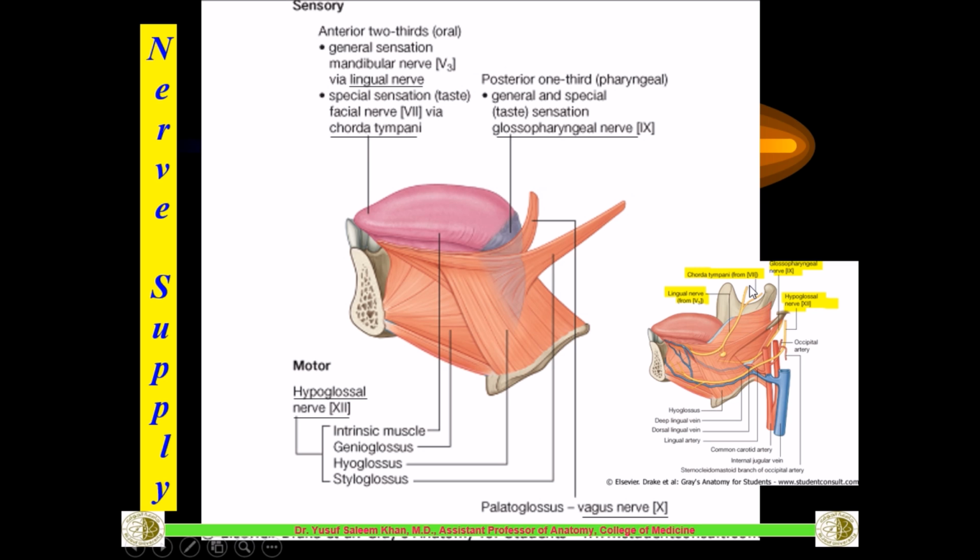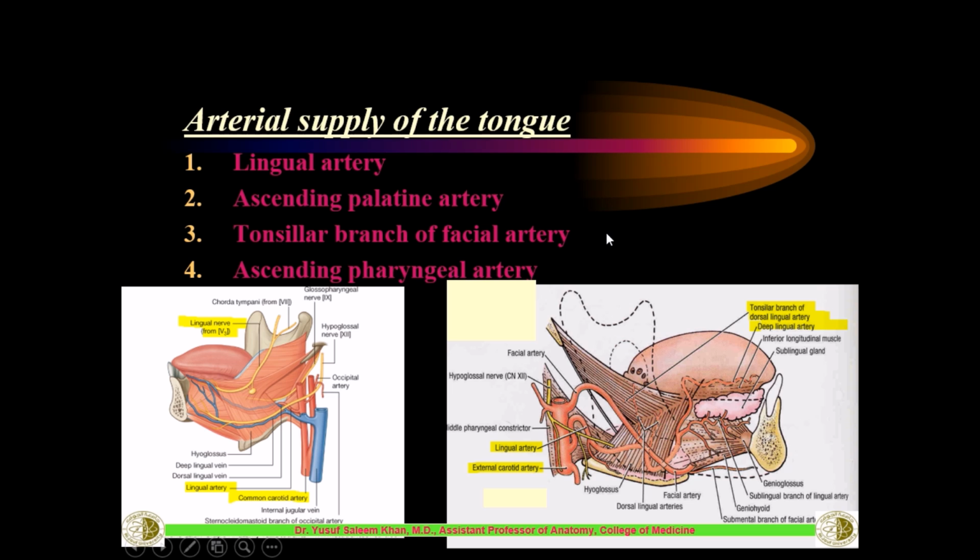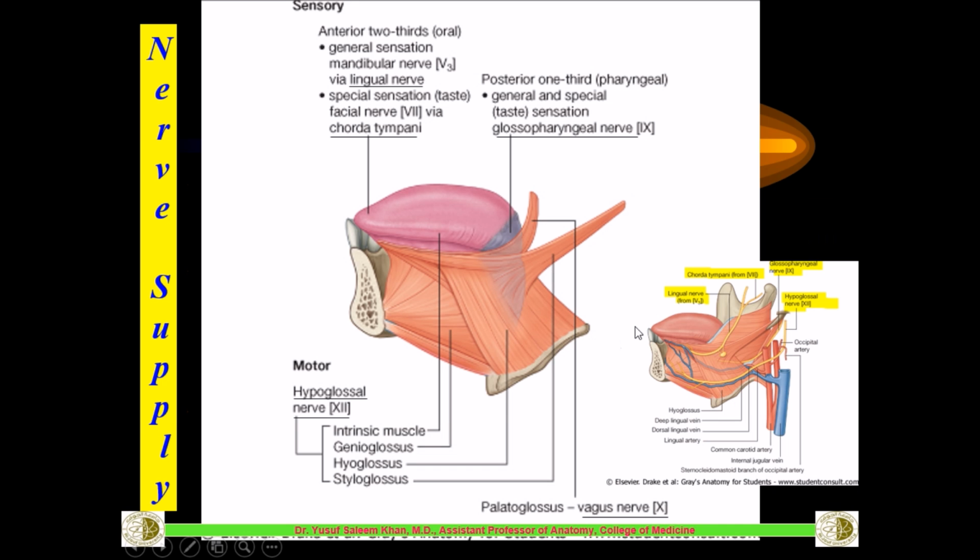If you can see here in this picture, you can see the lingual nerve. Also in the previous pictures we could see this is the lingual nerve here. So this whole thing is the lingual nerve, the same lingual nerve here, which will be mainly sensing the general sensations. So the general sensation is by the mandibular nerve through the lingual nerve, and the special sensation, of taste, mainly sweet, sour, everything,